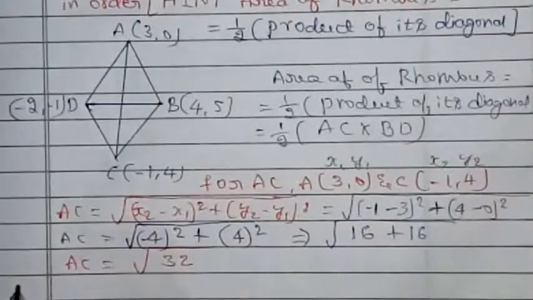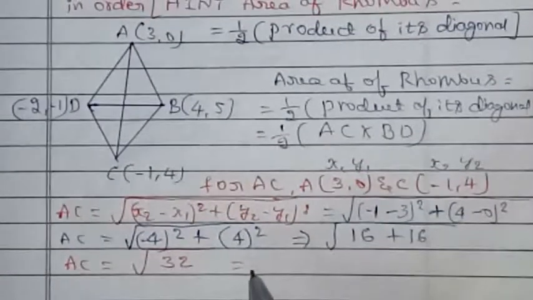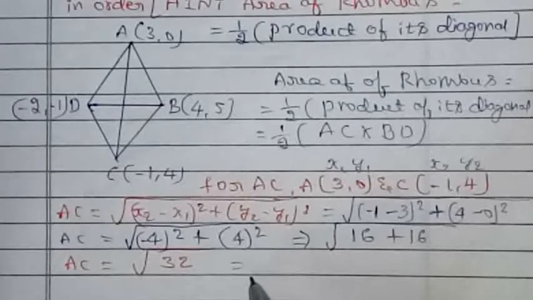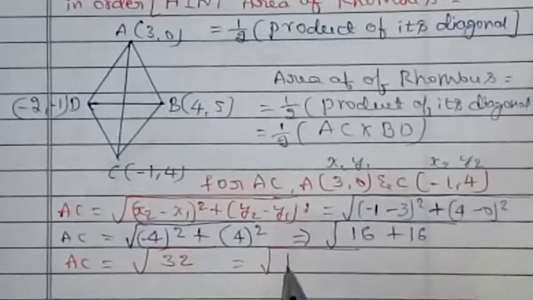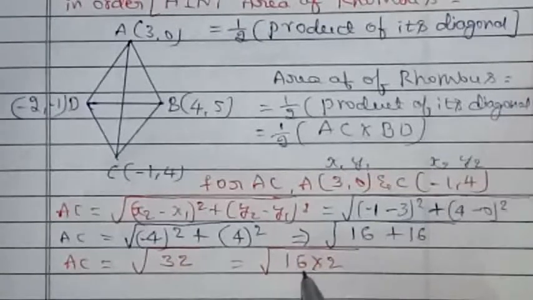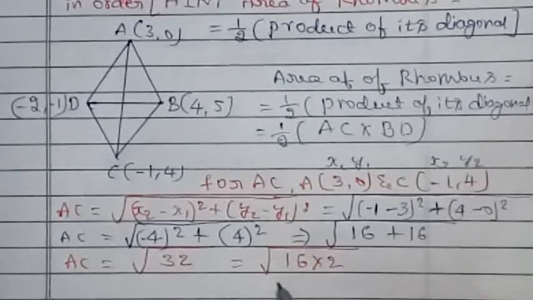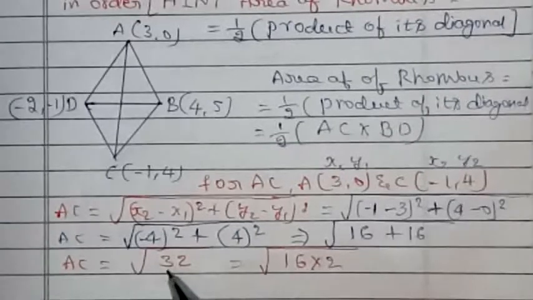So the value of AC, the distance between A and C, is root of 16 plus 16, which is 32. Now this 32 can be written in the form, as we did in the first exercise, so like that we need to split this. Root 32 can be written as 16 times 2. I am writing it like this because whenever you split the number, one of the numbers has to carry a square root, so you are having a square root for 16. You need to take out the square out of these two numbers.